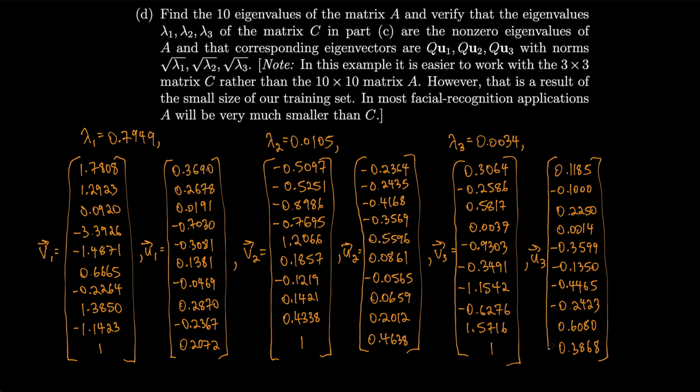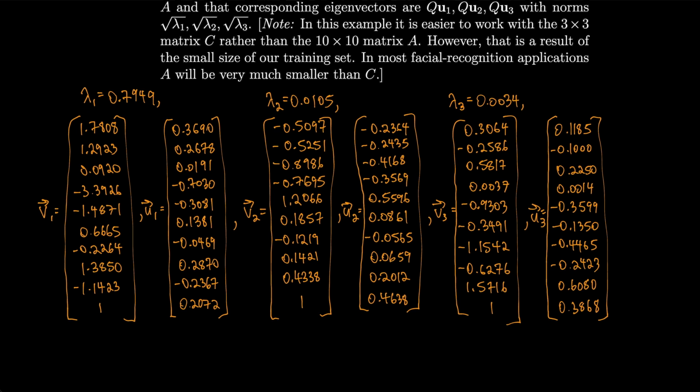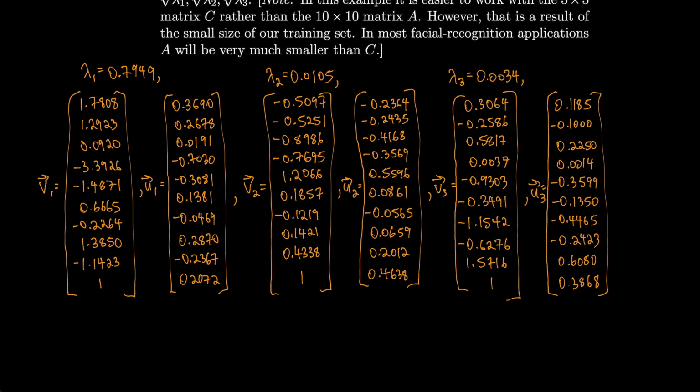Okay, so that's U3, make a little equal sign. And we were supposed to check that if we could take Q times U1, Q times U2, and U3, that the length is the square root of the eigenvalues. So let's do that. Q times U1 is